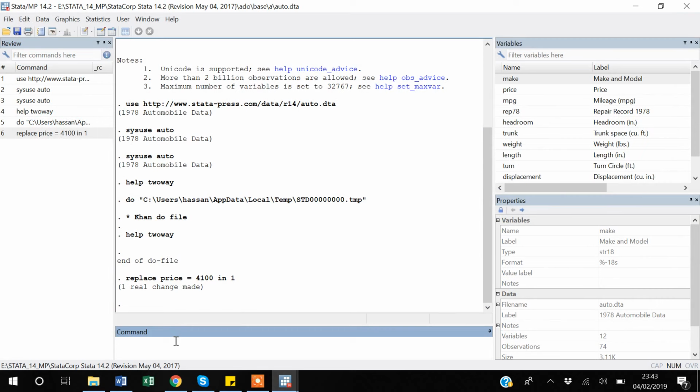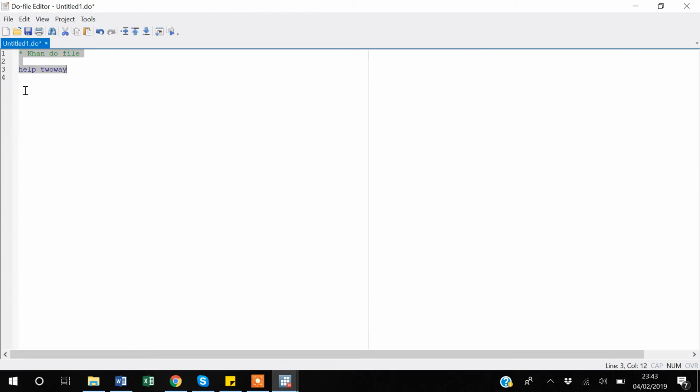So suppose you want to do this edit. If you go to the command window and press Page Up, it will show you the last command that you have run. The last command that Stata has executed is replace price is equal to 4100. It's always better that, suppose you copy this command, because I'm using the sysuse auto data,